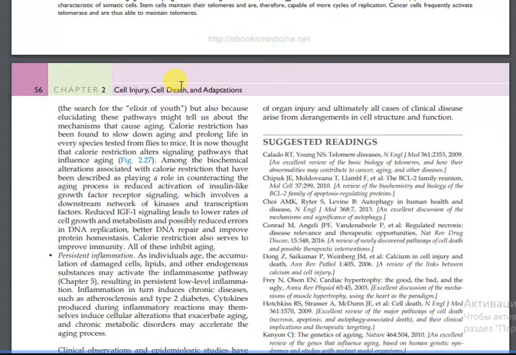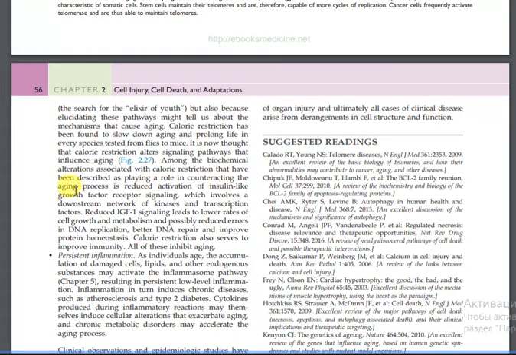We don't know the typical physiology of this process, so why decreasing calorie intake causes the increase of cell life, but somehow it is regulated. So, among the biochemical alterations associated with calorie restriction that have been described as playing a role in